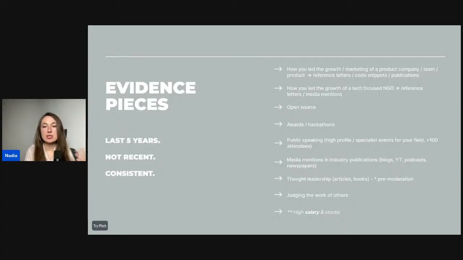Media mentions, which is interviews. So if you're interviewed on a podcast, on a YouTube channel, in a newspaper, on TV or radio or print. So thought leadership. If you write articles that have some kind of pre-moderation, so if you just publish something on LinkedIn, it's not what they're looking for. But if it's a serious article published on some industry platform where there is an editor selecting articles, you can use that. And then also if you've written a book, for instance,